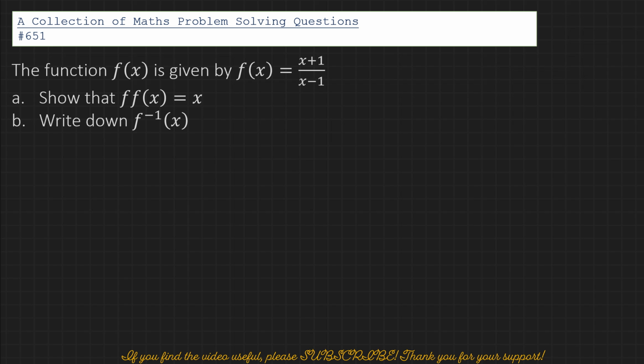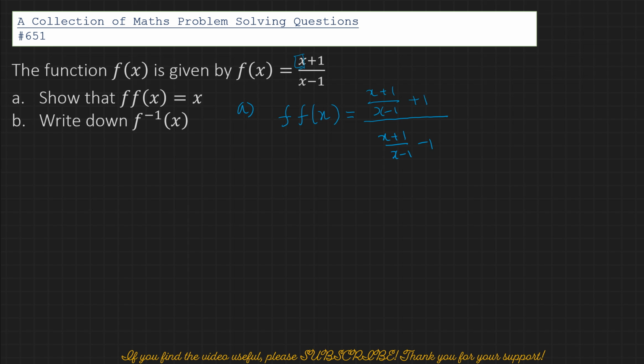So for part A, we have to prove that f(f(x)), a function of a function, so instead of the x, I have to replace it with the function of x, that is (x + 1)/(x - 1). So I'm going to write (x + 1)/(x - 1) plus 1, because I'm writing this whole thing instead of the x, and then divided by (x + 1)/(x - 1) minus 1,